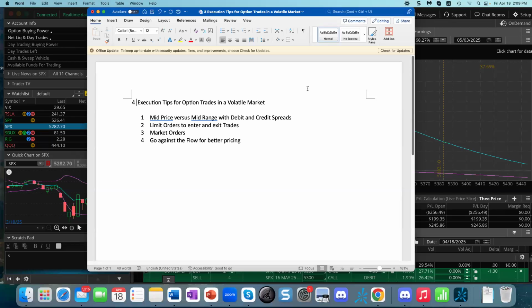market. Number one, mid-price versus mid-range with debit and credit spreads. When you talk about mid-price, there's no such thing as mid-price. There is no mid-price. If you watch the mid-price for more than 30 seconds, it might change 8 times. So there's a mid-range. And so if I'm doing a credit spread, I might watch the range for about 30